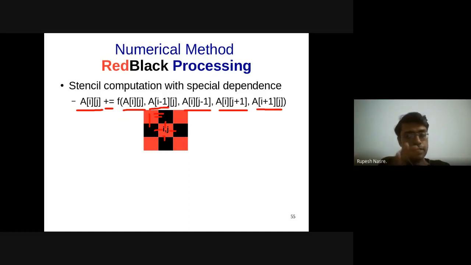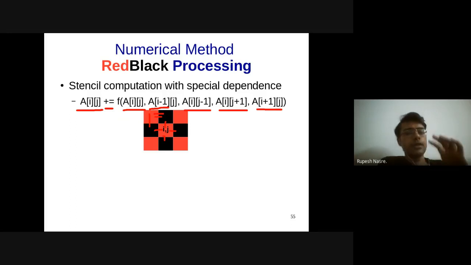But this is not always allowed from the semantics of the numerical computation, but you can do it only when it is allowed. And if you do that, unfortunately, the cost of this synchronization turns out to be very large. Therefore, going for a critical section or an atomic instruction may not be a viable solution from a performance perspective, although semantically you will get the correct answer. Therefore, we go for not such a fine-grained synchronization, but more like a coarse-grained synchronization. What is a coarse-grained synchronization? A barrier is a coarse-grained synchronization.